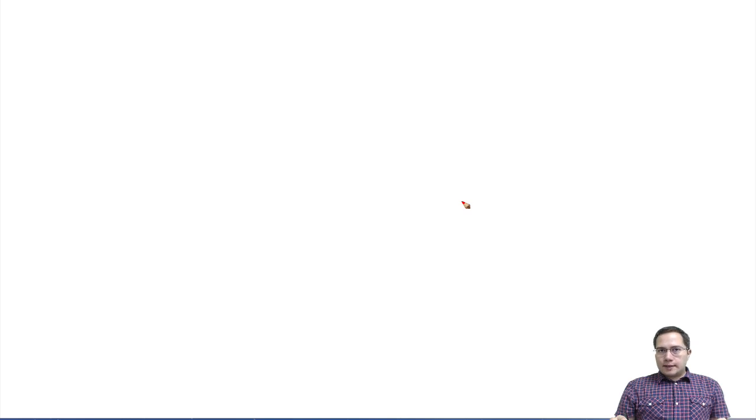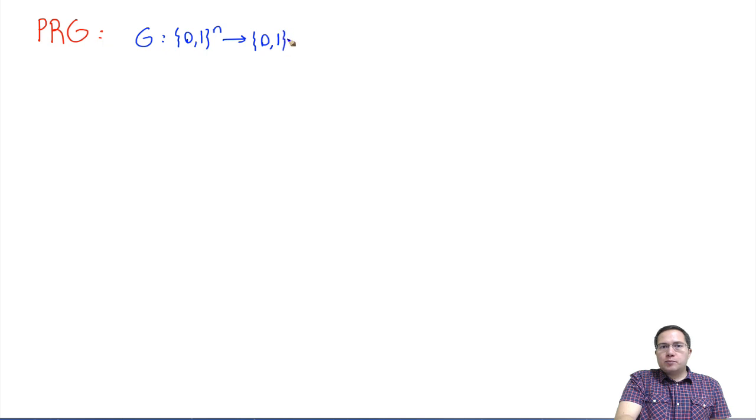We will do a sample reduction proof very soon, but to be able to do that, let us learn a new primitive, pseudo-random generator, PRG. A pseudo-random generator, let's say G, is a function that has an n-bit input and some n prime bit output, such that n prime is strictly greater than n,